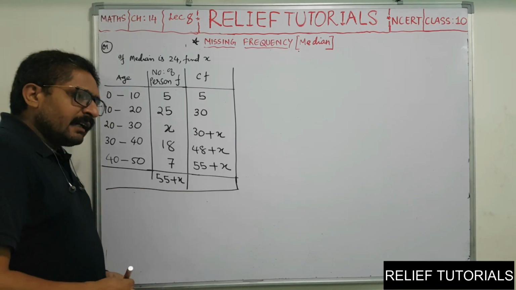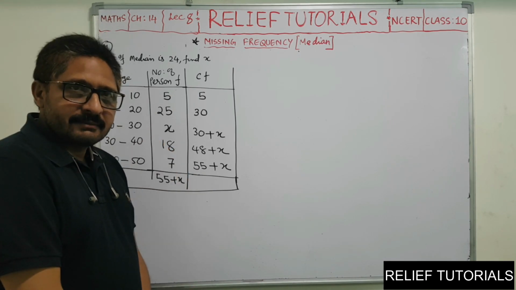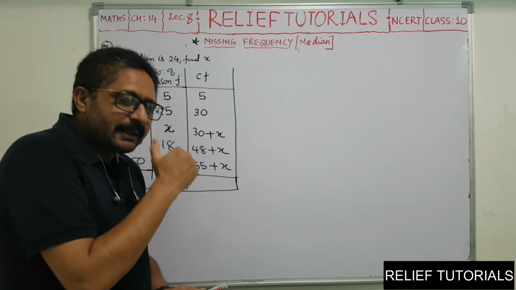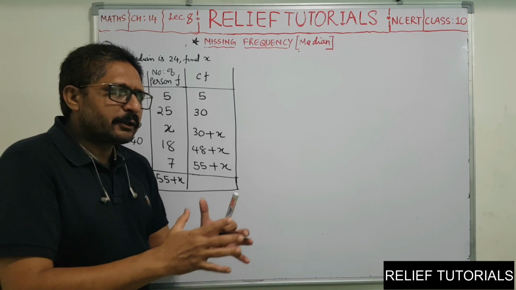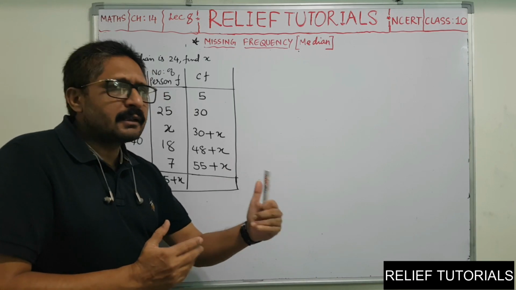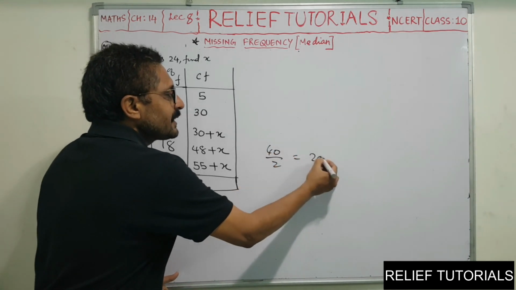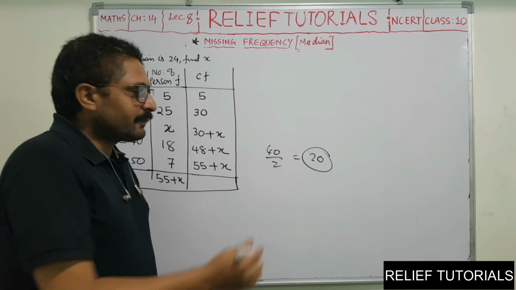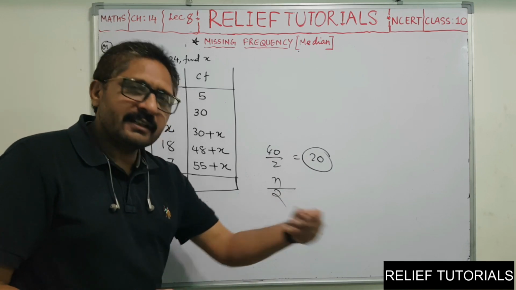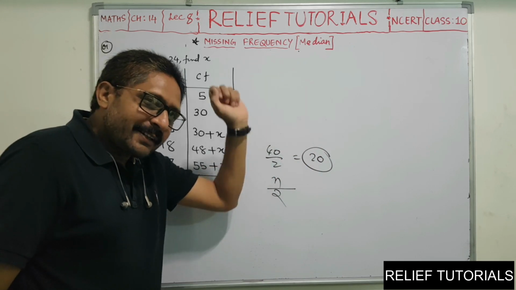Now you know that while doing a problem to find the median, first we used to find the median class. Median means the middlemost observation. To find the middlemost observation, suppose the total frequency is 40 students. If you want to reach the middle of the number, naturally you divide by 2. So 40 by 2 is 20, and you reach near the median. If the total frequency is n, you used to do n by 2 to reach near the median class. And this value you will see in the cumulative frequency and find the median class.